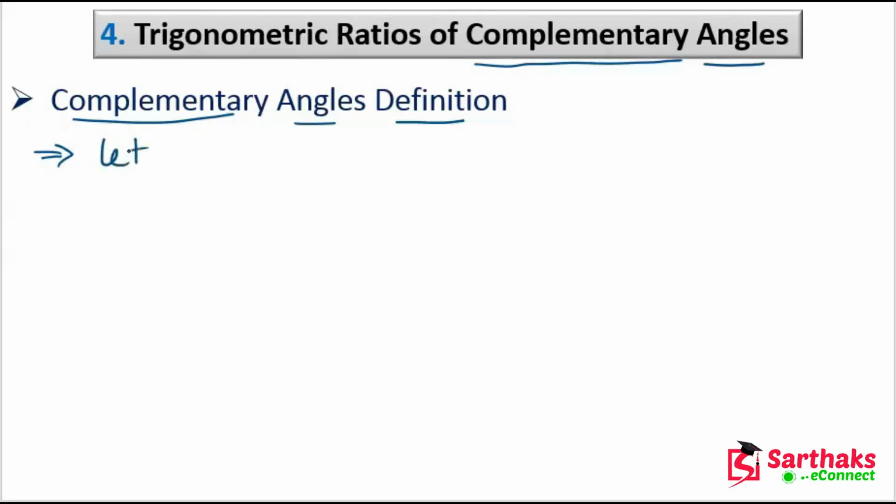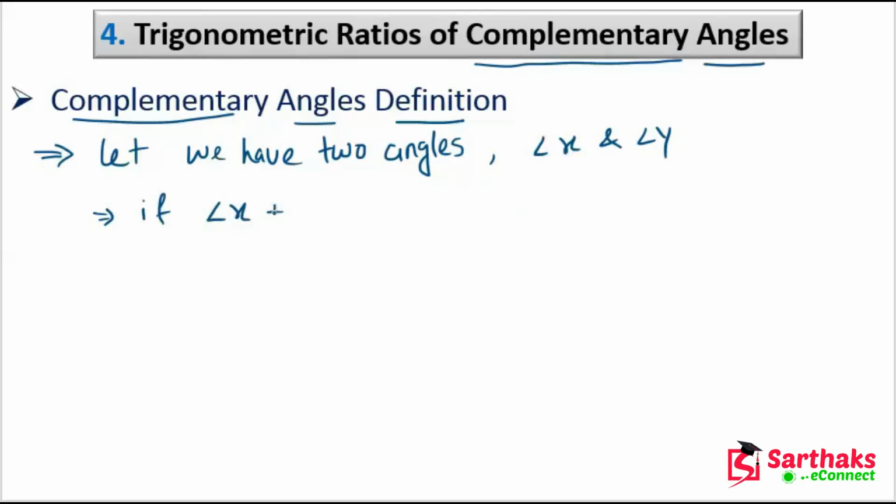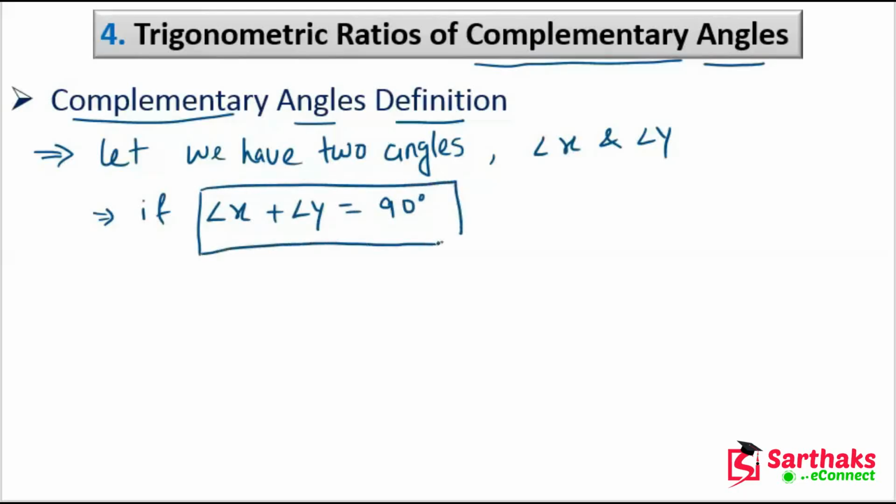Let's suppose we have two angles, angle X and angle Y. If angle X plus angle Y is equal to 90 degrees, then we can say